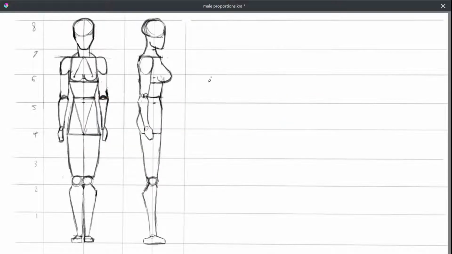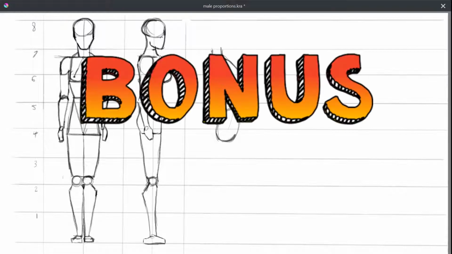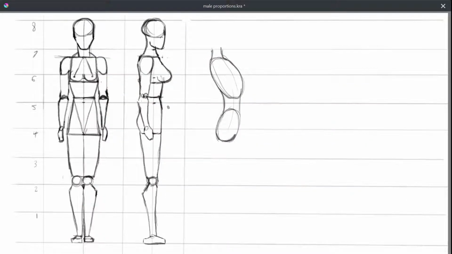Bonus, the male and female torsos are not a perfectly straight line. The ribcage and the waist are usually angled like this, forming a more curved shape. Although for this tutorial I kept the torso straight to keep the focus on the proportions, I'll explain these in another tutorial. And a bonus, not all females have an hourglass shape, as I have shown. Everyone is different, and the wide thighs, narrow hips and other female features are not that prominent at a young age,